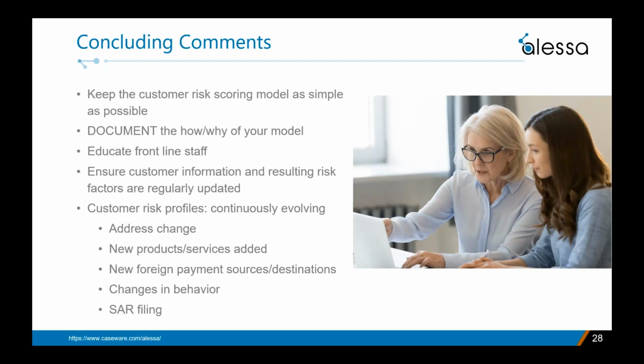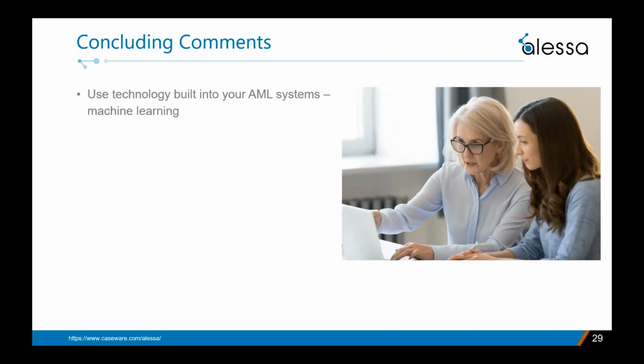But make sure you have a logical way to increase a customer's risk score when their activities become suspicious or a SAR is filed. And also use and, if necessary, enhance your AML technology for these purposes. A good AML monitoring system should be able to incorporate machine learning so it knows when something changes and either alerts you or updates the risk score automatically and alerts you so that you can go back and take a look at it. AML monitoring systems must be able to evolve their detection capabilities as new money laundering techniques emerge as well.